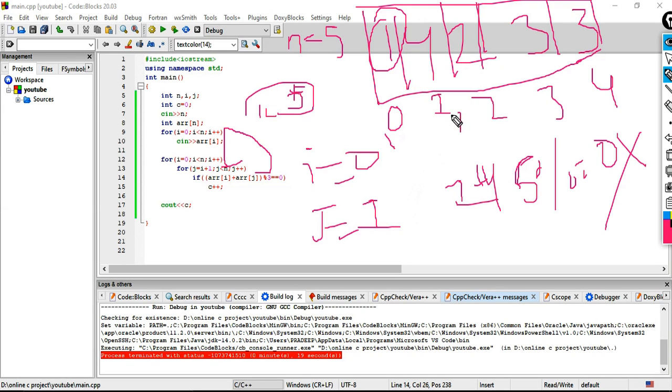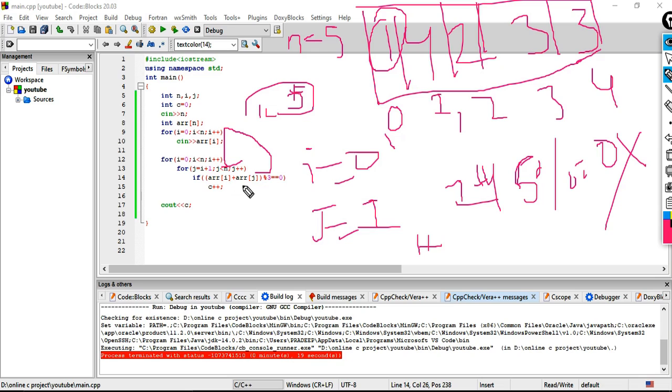Now j becomes 2. Again it comes to the if condition. Here ar of i is the same, and j is incremented by 1.